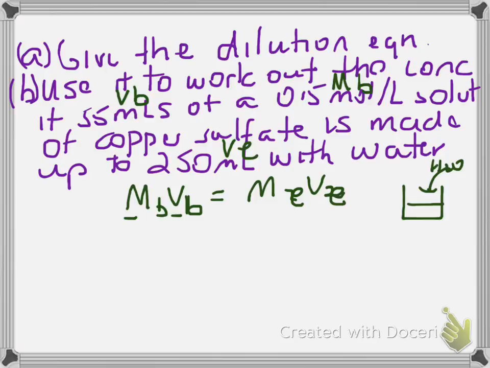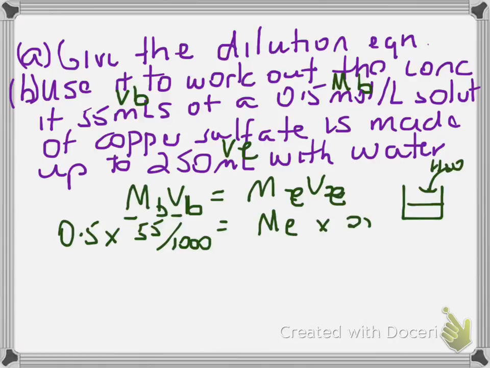So substituting these numbers into the expression, concentration B 0.5 times VB 55 over 1,000 to get it to litres, and we are interested in what the final concentration will be, the concentration at the end, times the final volume of 250 divided by 1,000. Now, it is possible to leave them in mils because you're dividing by 1,000 on both sides, it basically